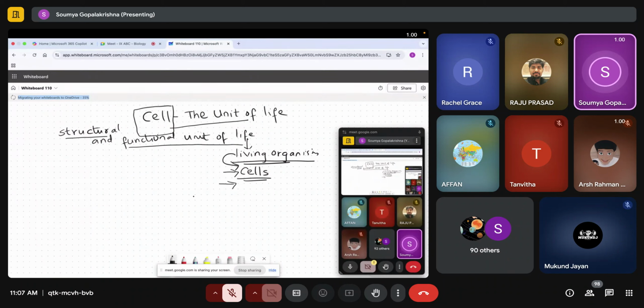Now, second characteristic feature, every living organism needs energy for functioning and energy for survival. So if you want to call something a living organism, that object needs energy. Now, where does the energy come from? The energy comes from the food that the organism takes in. So, why do we eat food? We eat food mainly as a source of energy.